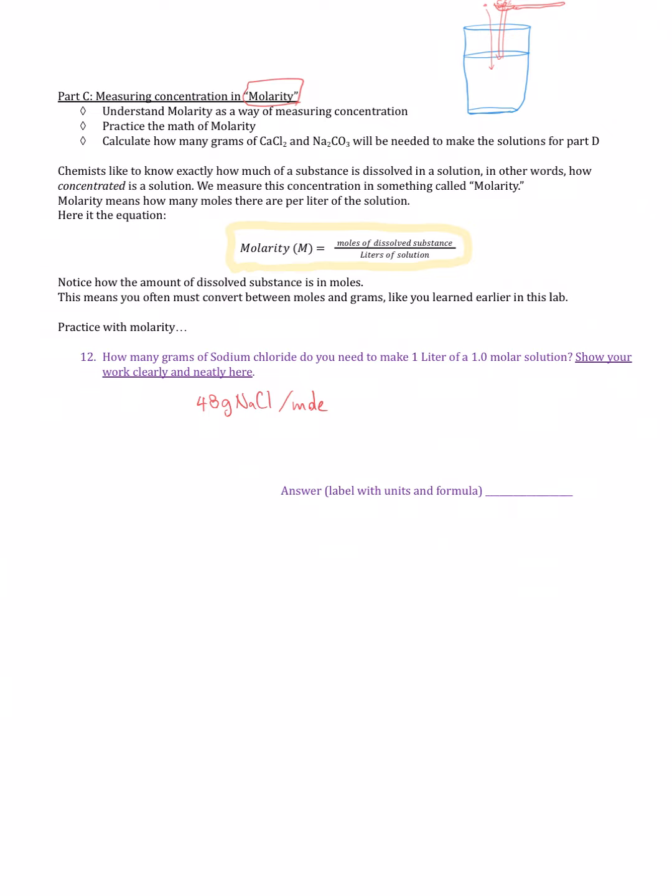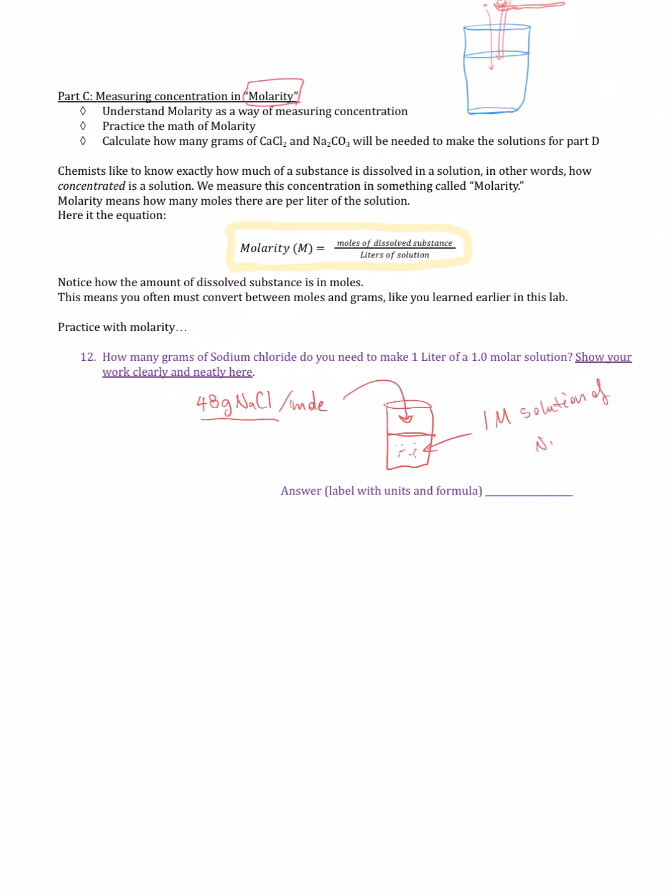So if I get 48 grams of sodium chloride, I will have 1 mole of sodium chloride. So if I take that 48 grams and I add it to my beaker, I will have what is described as a 1 molar solution